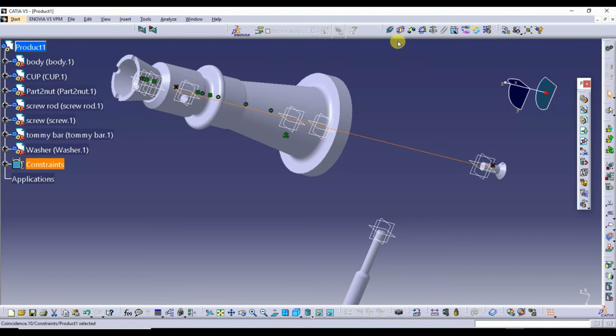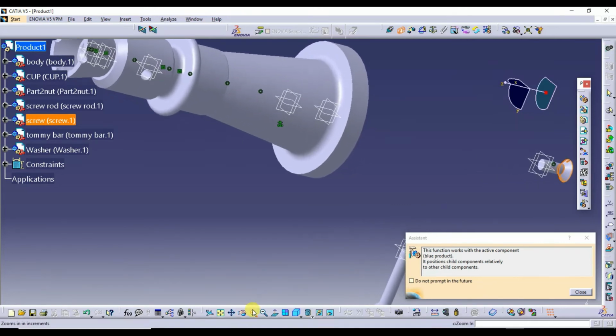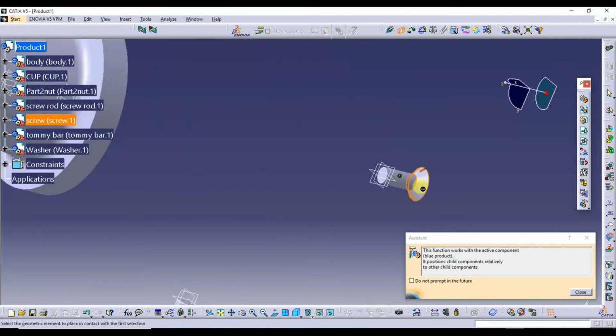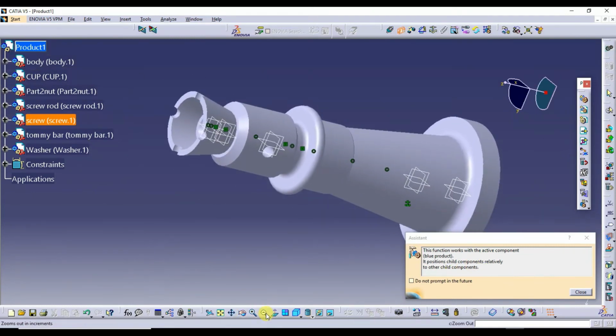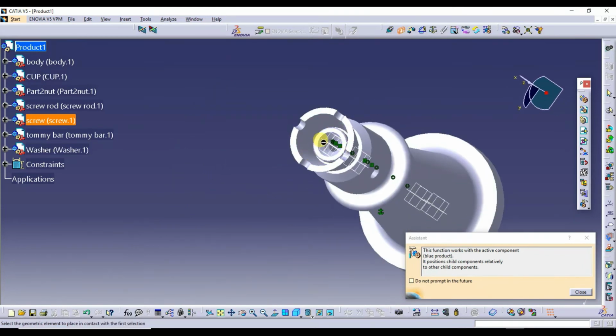Next, I'll go for the contact command. I'll choose this surface. Otherwise, you zoom it a little bit, you will be able to see the surface properly. Okay, this surface should come and sit on this surface. I'll zoom this a little bit.